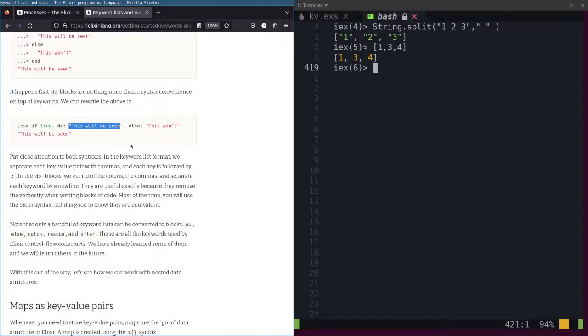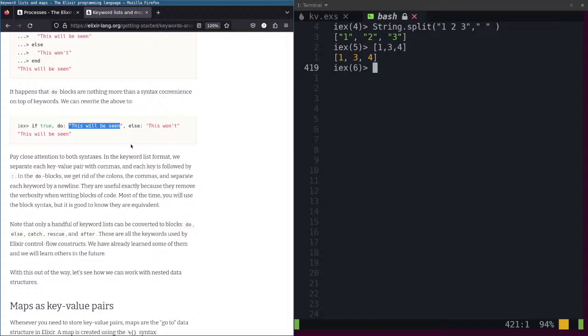We can write the above as: if true, comma, do: this will be seen, else: this won't. Pay close attention to both syntaxes in the keyword list format.